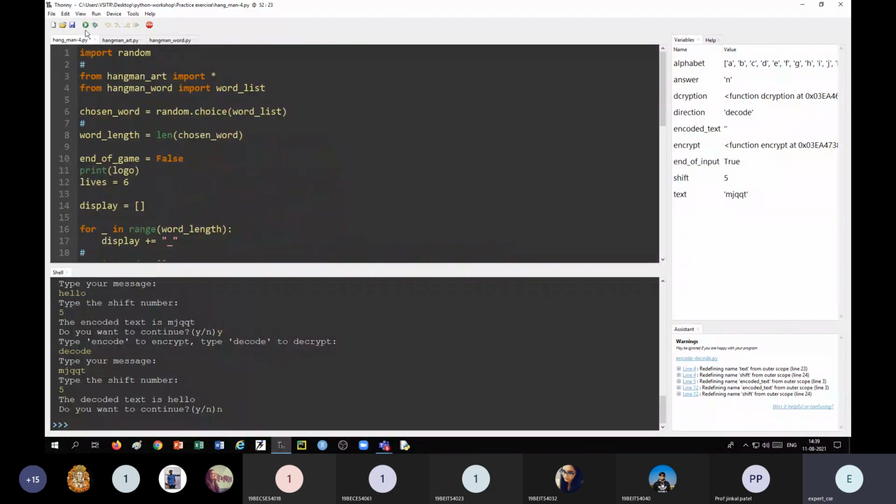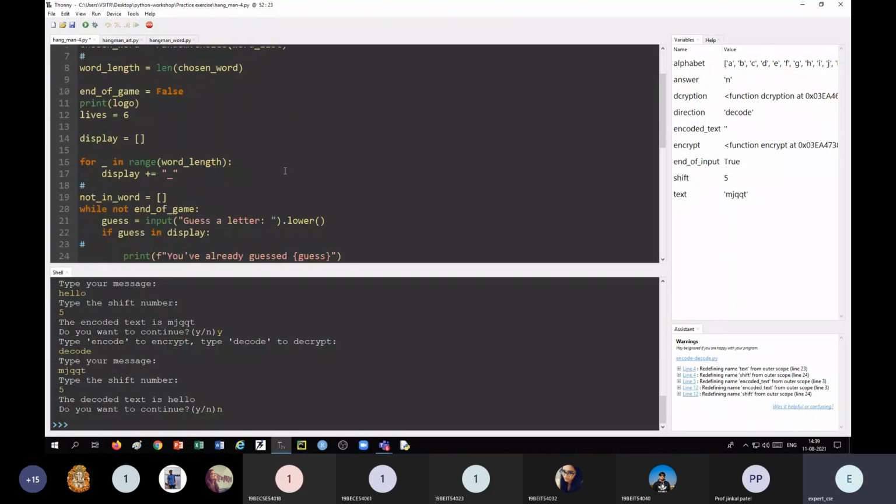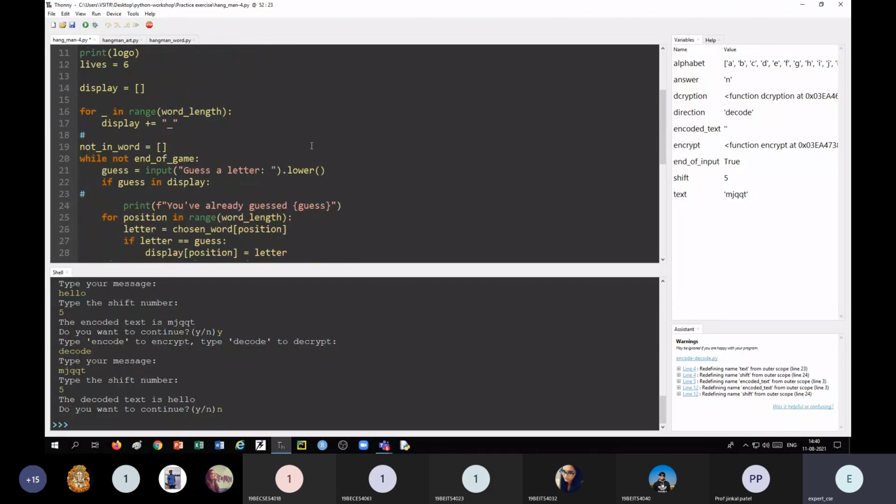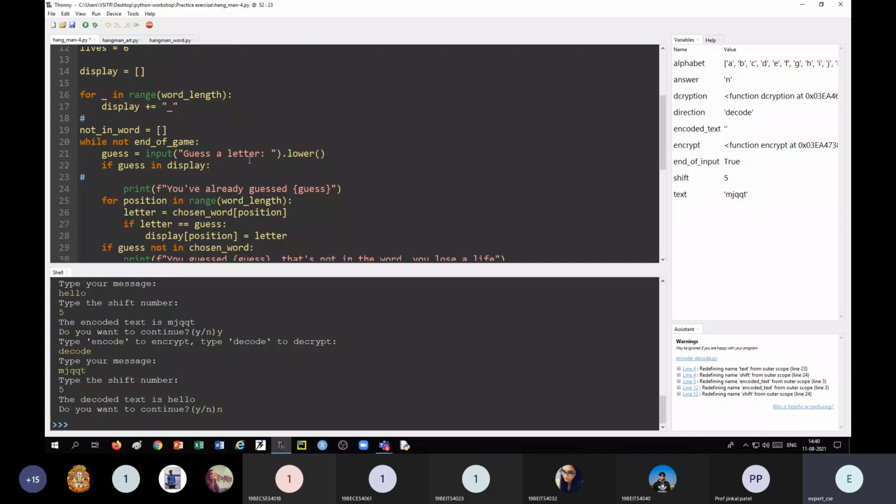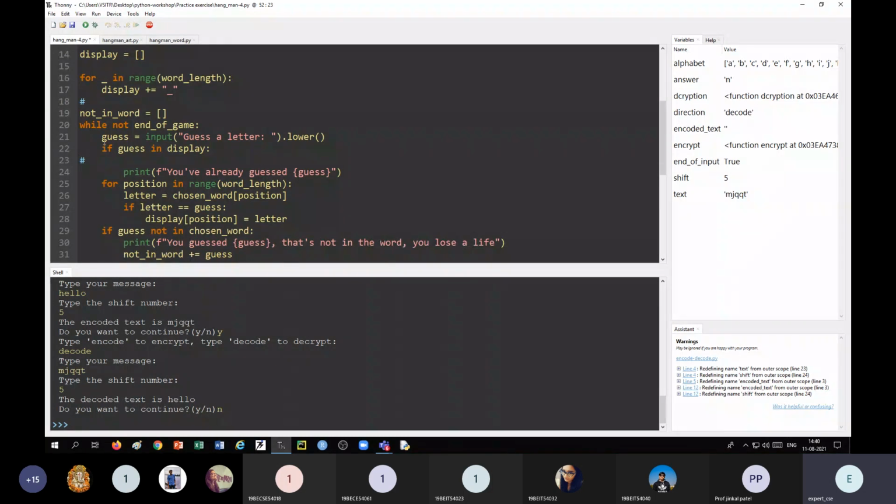So let us run this program. Other modifications, let us discuss first, then we will run. At the same time, I want to improve the user experience. What I am going to add is that whatever letter was already guessed, we should print it so that the user does not give the same letter again. For example, if guess is in display, then print you have already guessed this letter.